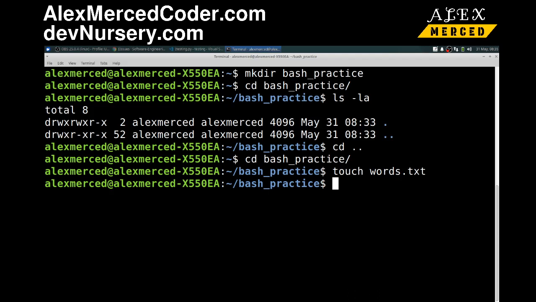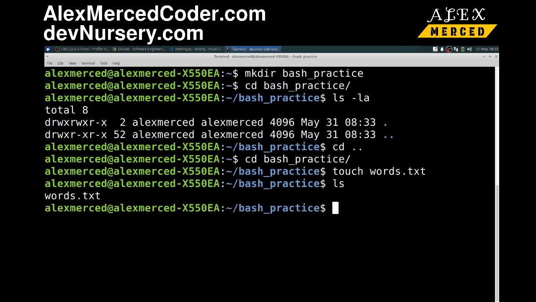Now I type in touch words.txt, and there's a file now that should be called words.txt. See, and there it is. Now if I want to edit it, usually in your command line for most Unix-based machines, you're going to have one of two editors. You'll either have nano, which is what I usually use. I think most Linux machines have nano. You would type in nano words.txt,